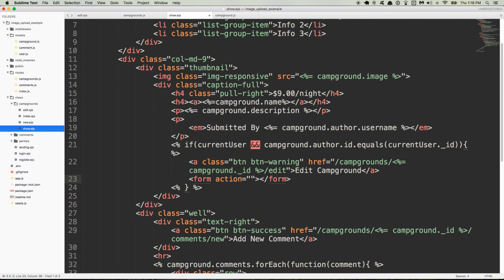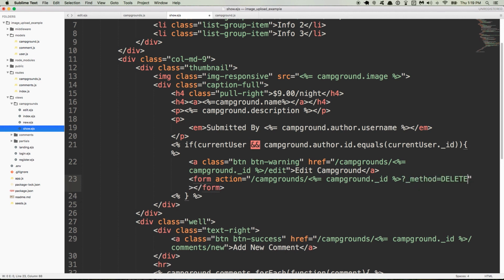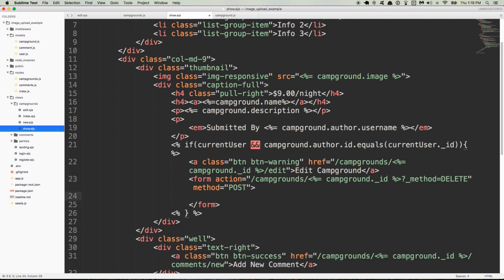So we'll say form action is equal to /campgrounds, and we have access to the campground ID just like we used in the edit form. So in EJS we'll say campground.id, and then we'll put a little question mark here and say underscore method is equal to delete, and then of course that form can be method equals post, and inside the form we can have an input type equals submit, value equals delete,